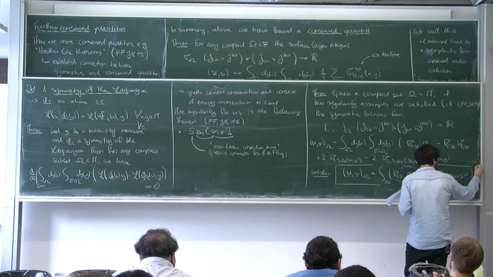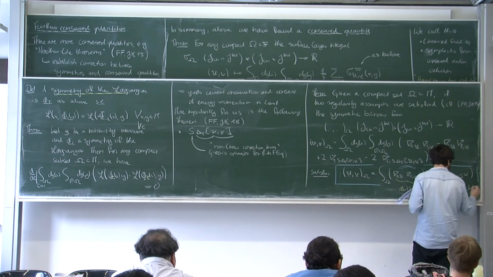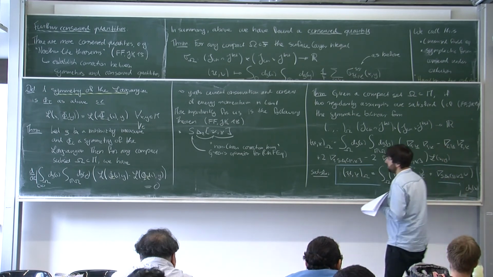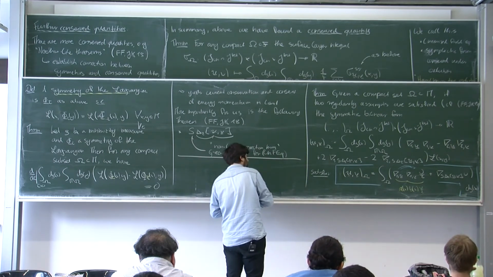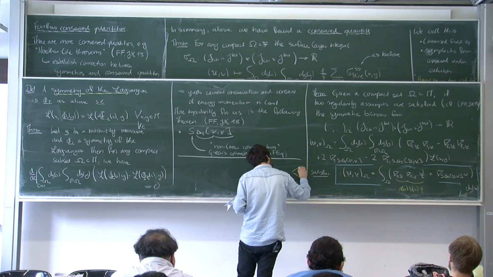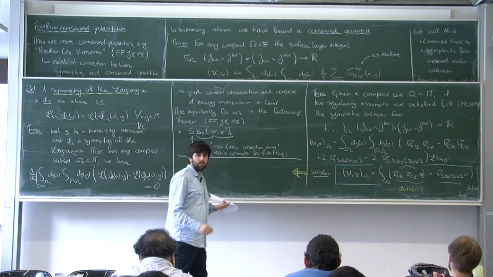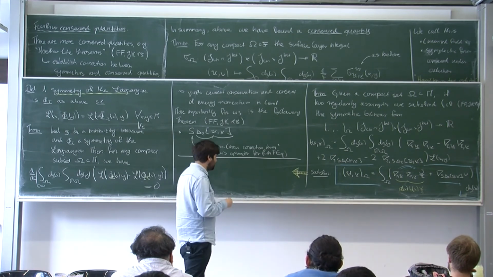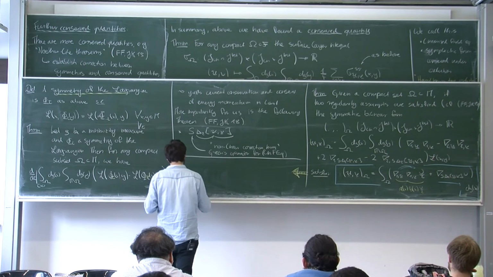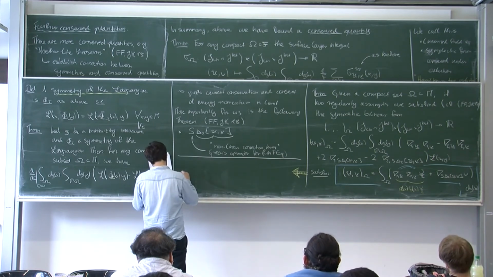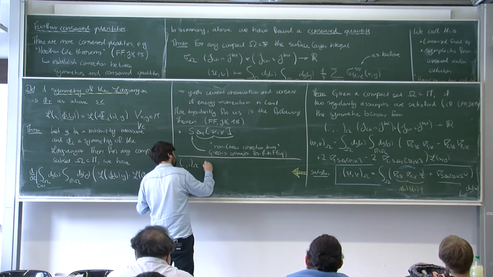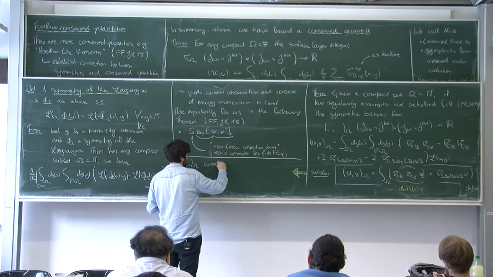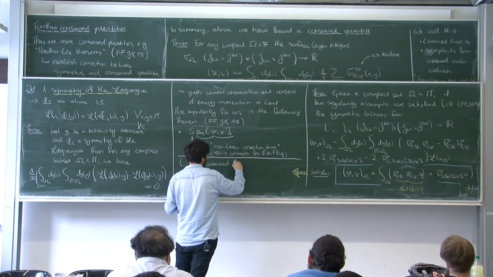So in general, it's not 0. I'll just write this here. I hope you can see this. Maybe make a big arrow here. So in general, this is not conserved. However, maybe I put it like this: conserved